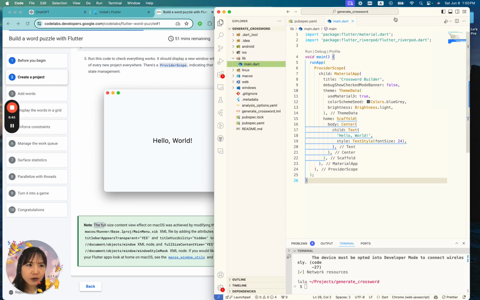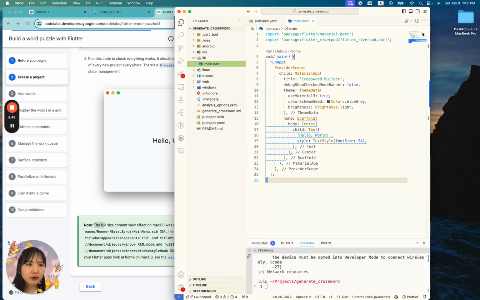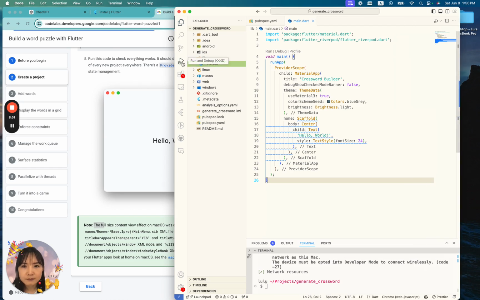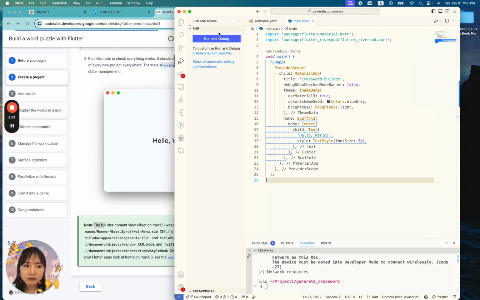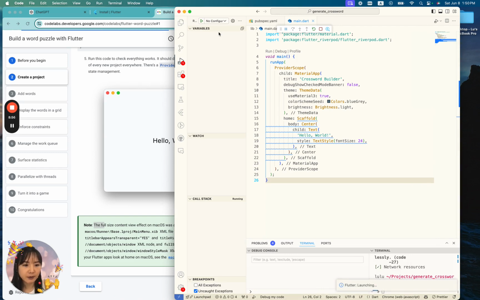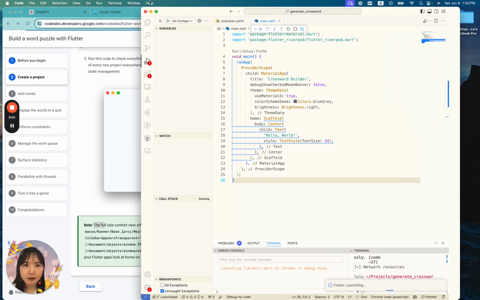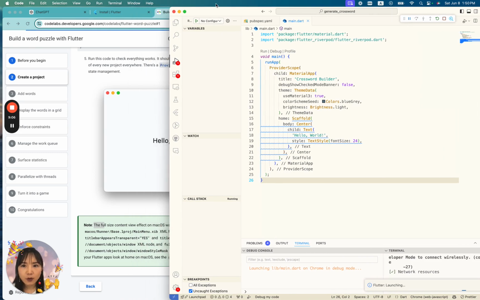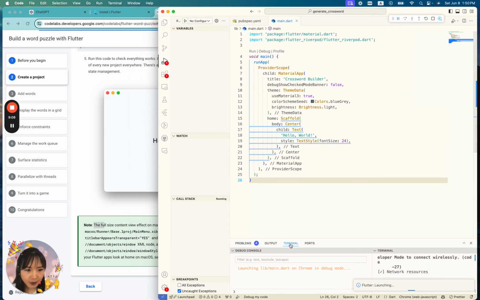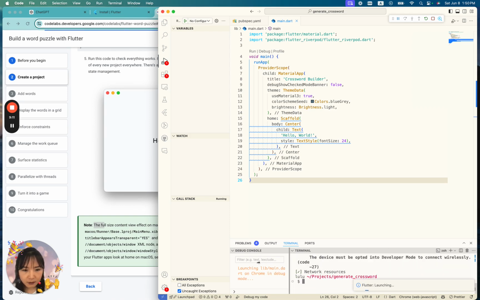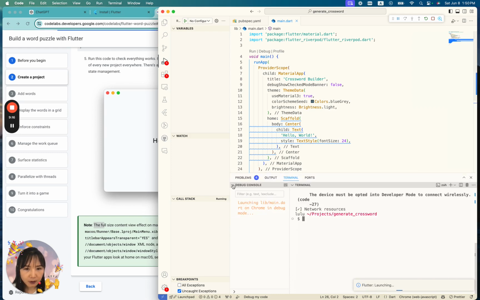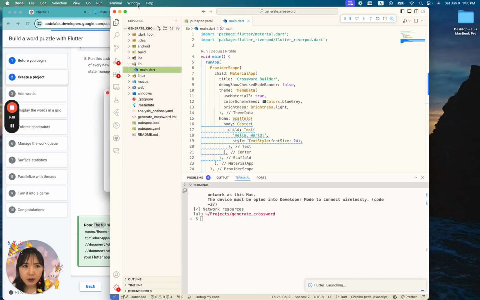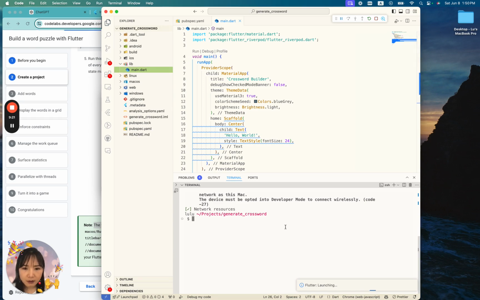Okay, let's first run it. How do we run the app? Okay, I believe yes. I should debug. Right, we can move this to here. So while we are running, I want to do something. So here on the terminal, as we can see,